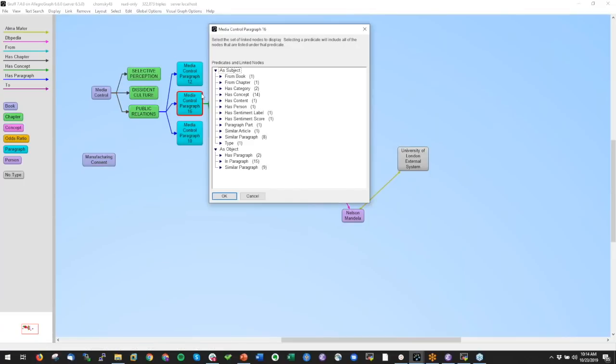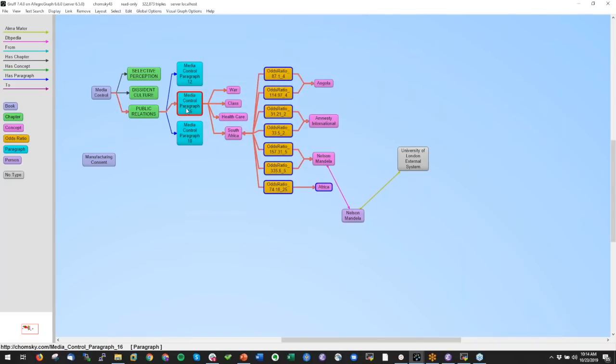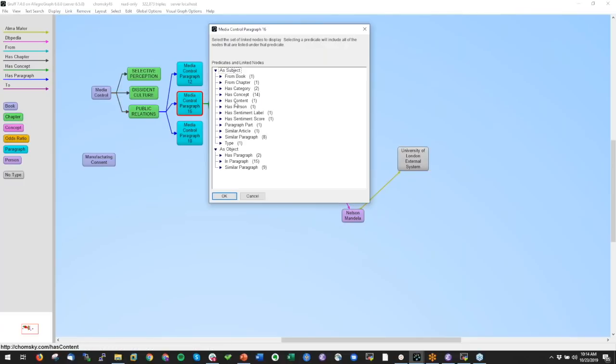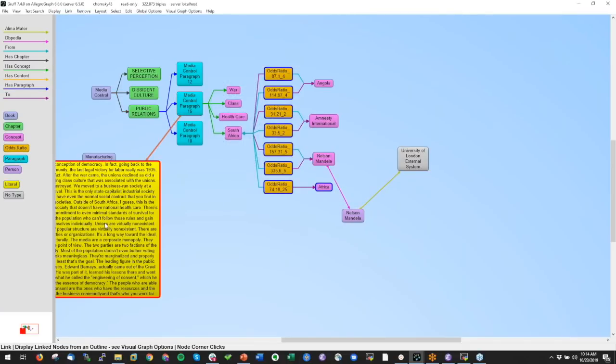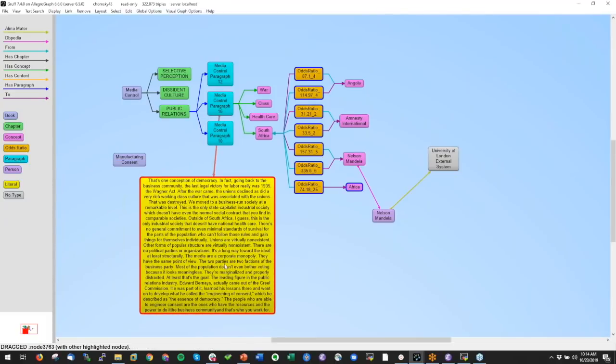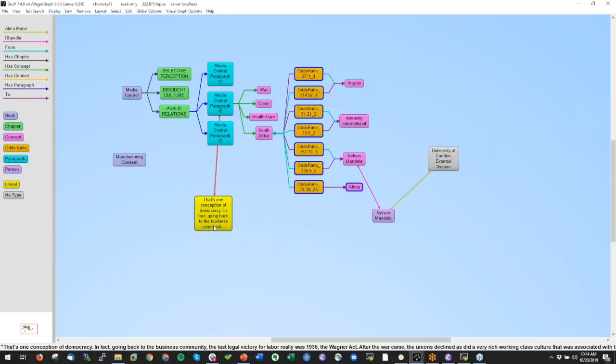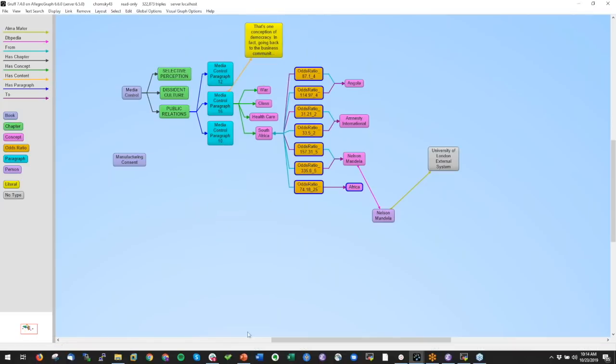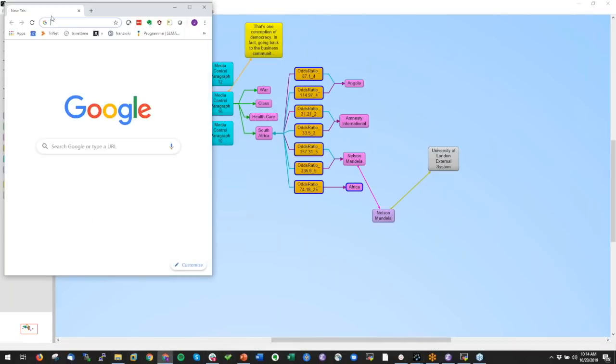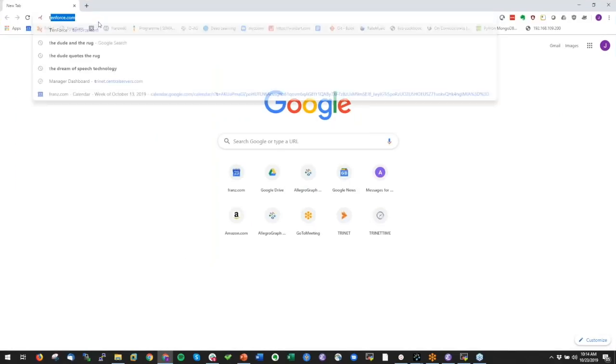Then per paragraph, we have some concepts, persons in there, the sentiment, articles that are similar to it, but for now, let's keep it going. So what are the concepts that this particular paragraph talked about? I can look at the content here. And so here is one of the paragraphs in the chapter Public Relations that we applied entity extraction for. So we have a taxonomy of all the important concepts in the work of Noam Chomsky.